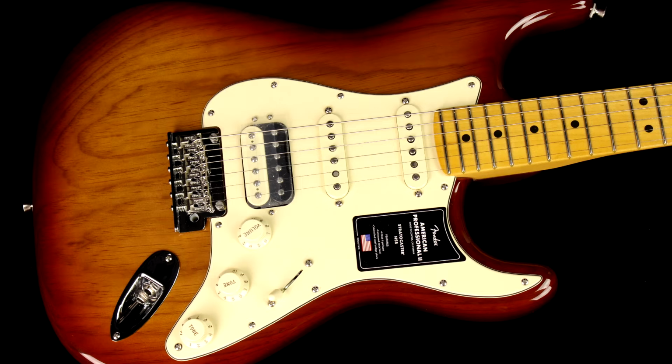It had a lot of vibe to it. I didn't realize it was actually Sienna Sunburst. I thought it was a Cherry Burst. But like I said, ever since that video, it's just a guitar I want. There's something about it. Not generally a burst guy on Strats, but the overall look of it, it's kind of deceitful because it might look like a country guitar, but